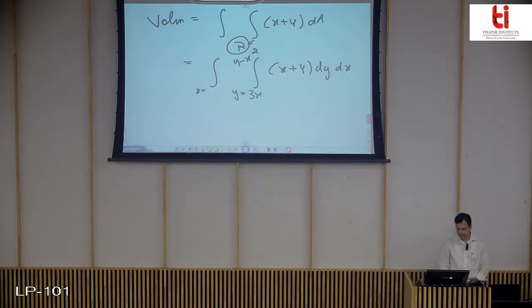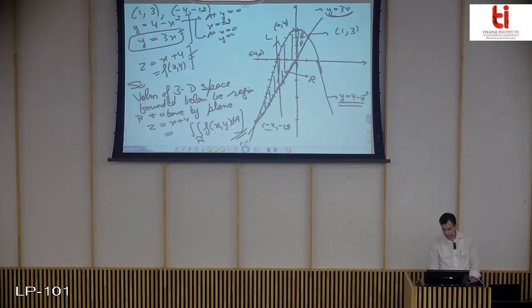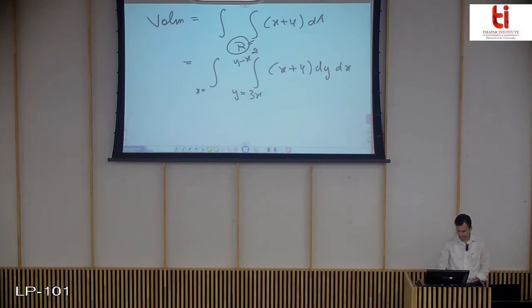The values of x that enclose this region are minus 4 to 1. This is minus 4, this is 1. So these are the values of x that enclose all the vertical lines passing through this region in the increasing direction of y. So these are the limits of integration, and you can solve this integral to find the answer as 625.12.